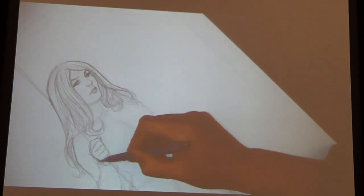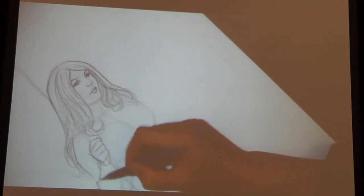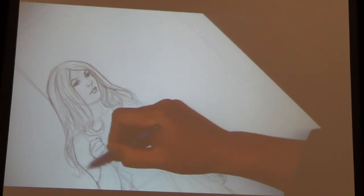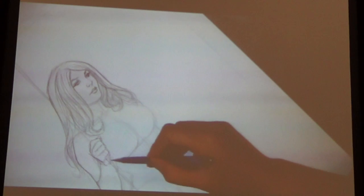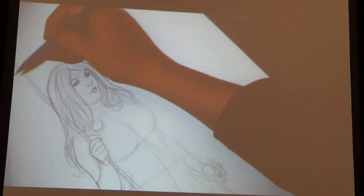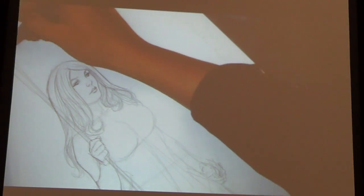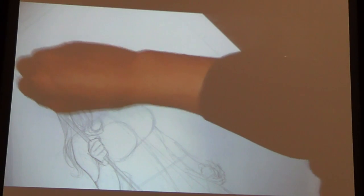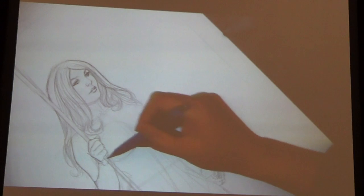So when I was younger, I couldn't draw women to save my life. They all looked like dudes with long eyelashes and boobs. So don't beat yourself up if you can't. Wasn't that the way Michelangelo drew women? Michelangelo was gay, so he couldn't help it. So yeah, if you want to learn how to draw women, don't look at Michelangelo's stuff. He draws fantastic dudes, but